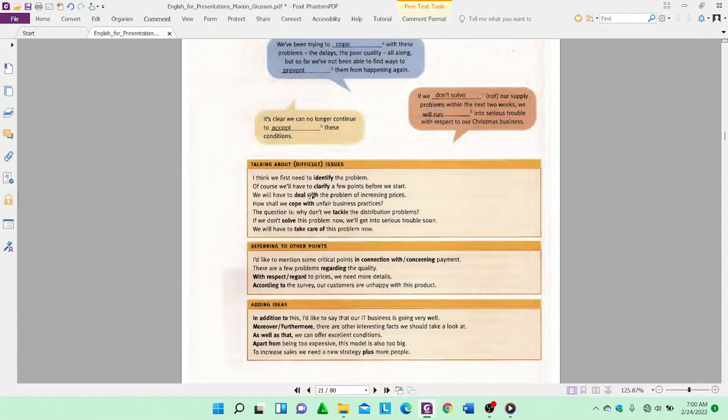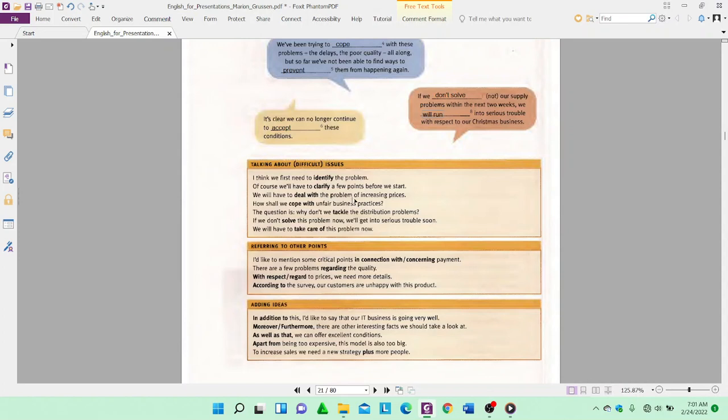Nah, gimana cara menyelesaikannya? Ya. Walaupun mungkin lebih tepatnya kadang kita bisa artikan deal nih kan sebenarnya deal-dealan ya kan, nawar, negosiasi, tapi di sini artinya bukan menawar ya, lebih kepada cara menyelesaikan masalah tersebut. Okay, next one. How shall we cope with our unfair business practices? Ya, bagaimana harusnya kita. Cope with dan deal with hampir sama, intinya menyelesaikan ya unfair business practices, praktek bisnis